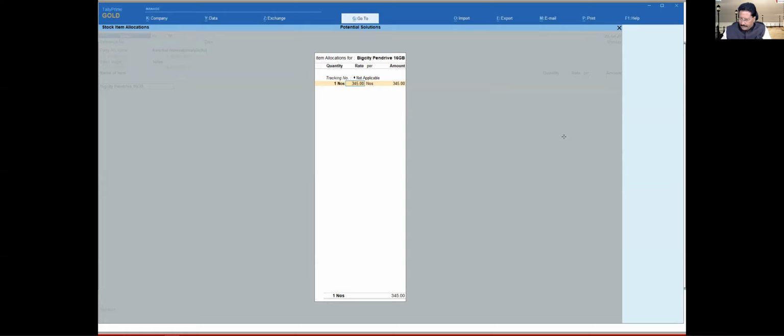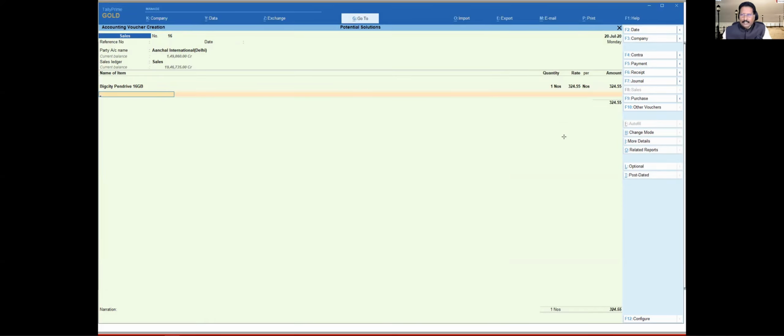So let's say I'll say 324.55. Okay, so enter. So this is going to be my price, and here again we are not having the GST. We will get into the GST in a separate session. Though GST is going to be applicable, we are not doing this for learning in this section,